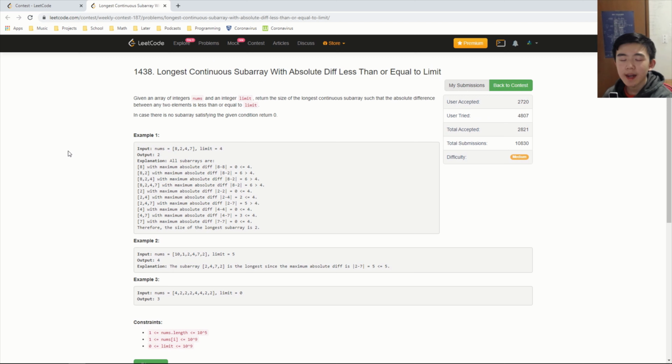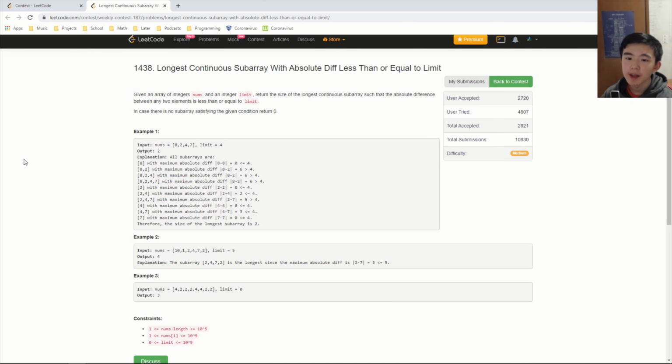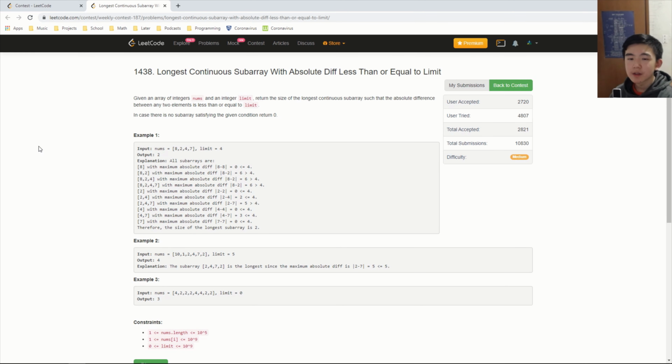Yeah, so we can pick any subarray. It doesn't have to be all subarrays with length k. It can just be any subarray with a maximum length. Basically, we use binary search here. We binary search for the length of the longest array, and